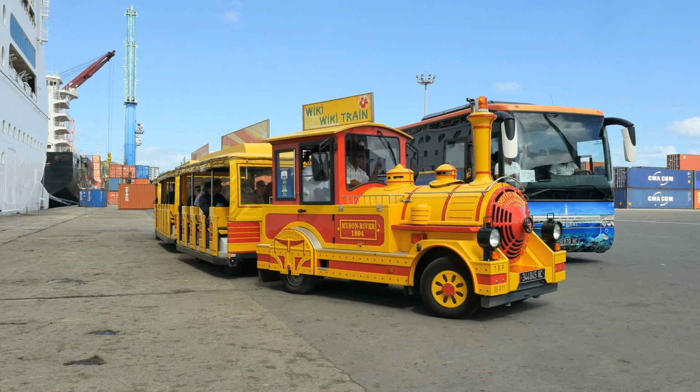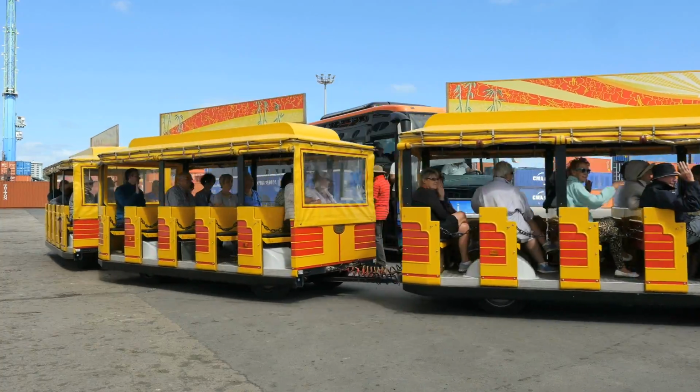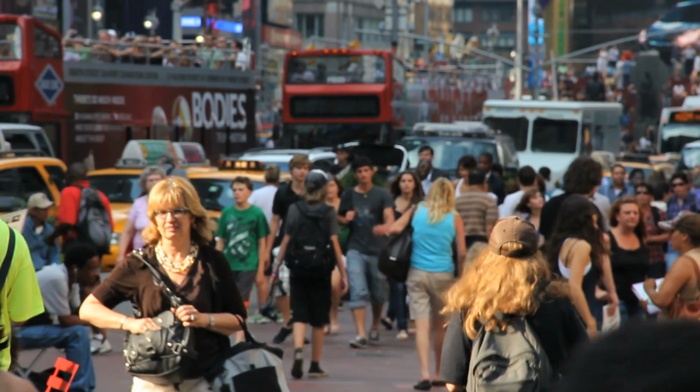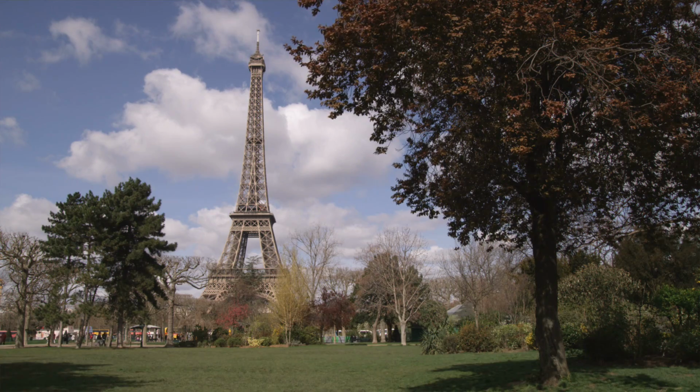And what also happens, which is great, is Hop-on Hop-off buses will either have a stop at the place where your ship docks or the cruise port, or if ships are in on that day, they add an extra stop because they see this as a big, obviously, business opportunity. Hop-on Hop-off buses are great. They're inexpensive. You'll have commentary in multiple languages. It will take you to all of the places that you want to go to, all of the critical places,